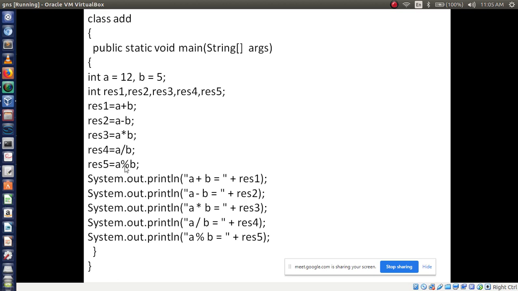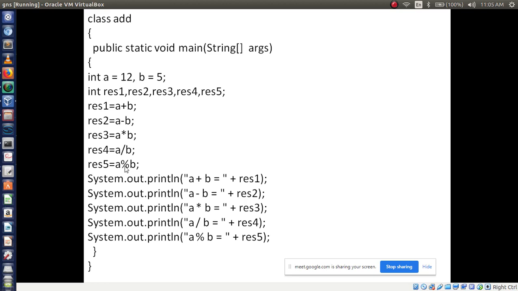These are all int data type, so I have mentioned int res1 to res5, because I want to store the results in particular variables. The values are the same, but the results are different, so that's why I am using different variables.